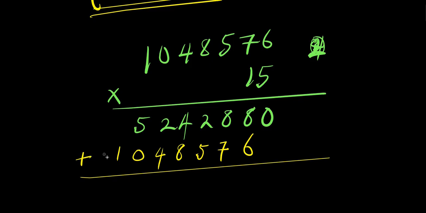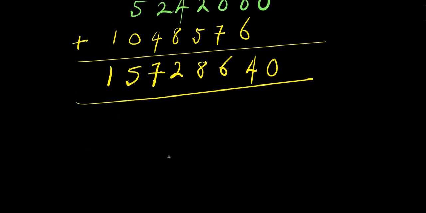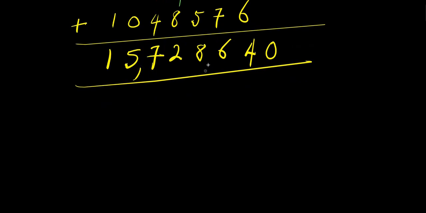So let's add up. This 0, we bring it down. This is 14, 4 carry over 1. And add to this becomes 9, 9 plus 7, that is 16, 6 carry over 1. And add to this 3 plus 5, 8. This is 12, 2 carry over 1. Add here, 3 plus 4, 7. This is 5, and this is 1. So this is 15,728,640. This is our answer for